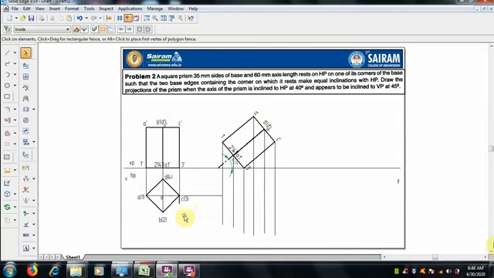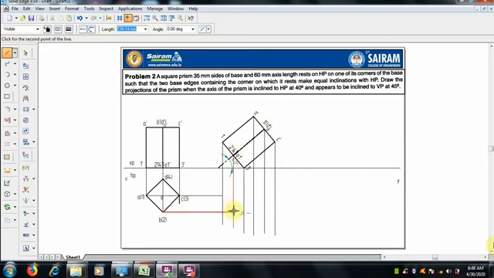So we can select 1, 2, 3, 4, and extend 1, 2, 3, 4 with the 1', 2', 3' and 4'. So 3 to 3', and 4 to 4'.